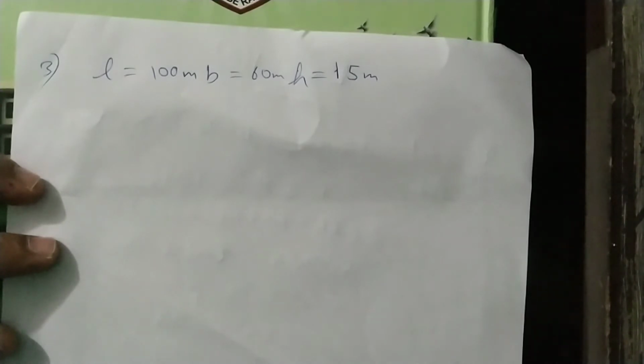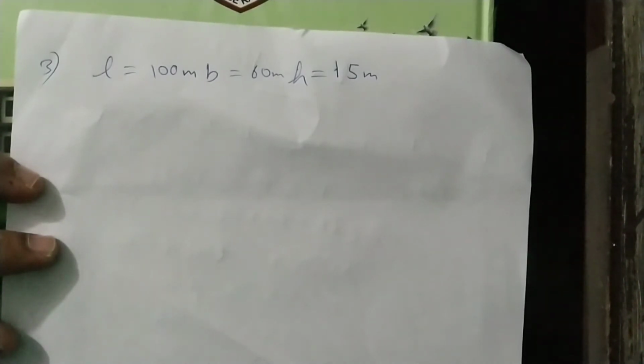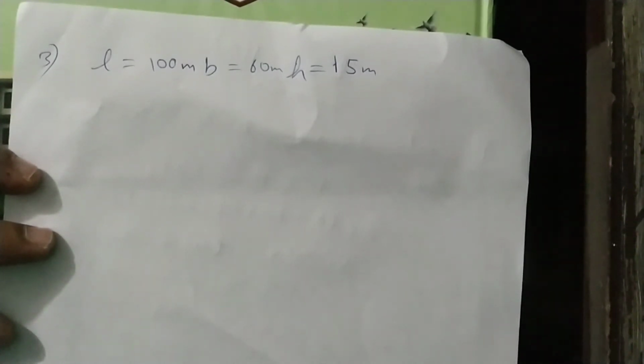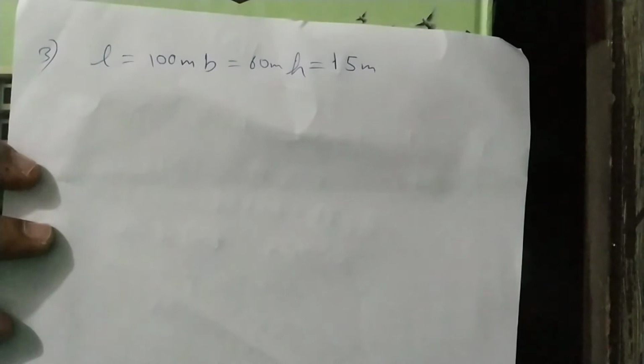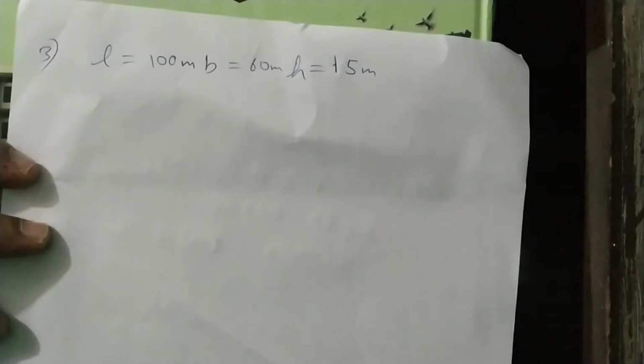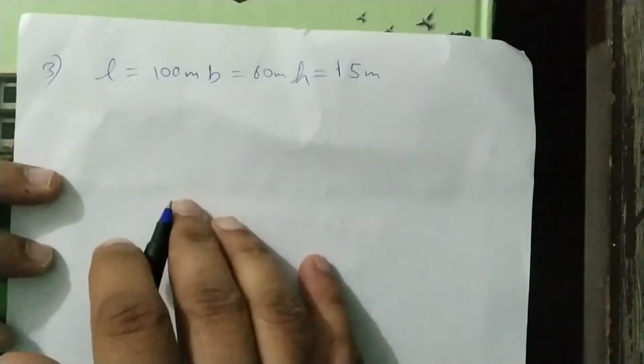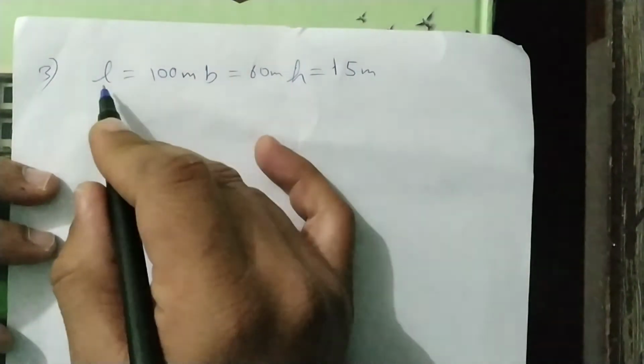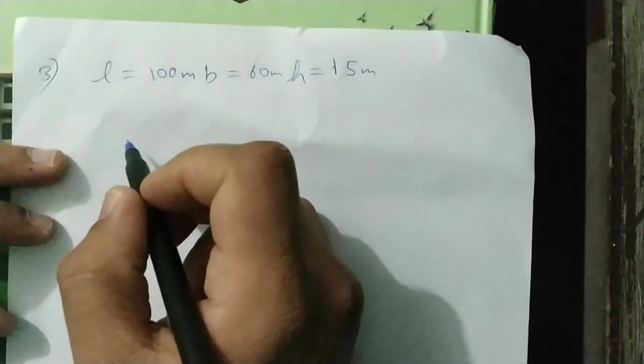So how much air is there in the hall, that we can calculate by calculating the volume of that particular hall, because we know how much air is required for one person and how many persons can sit, that we will divide with the total air. So if we divide the volume of total air in the hall by the air requirement of one person, then we will get the number of persons. You all know air occupies the space everywhere, so the volume of the hall will be the volume of air.